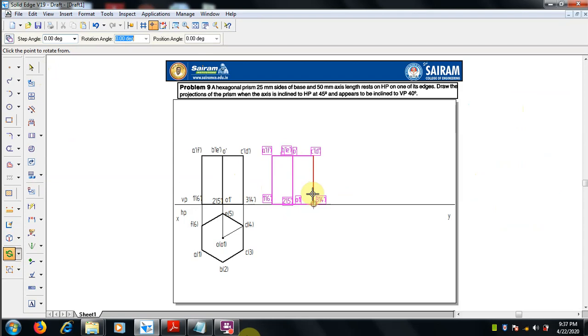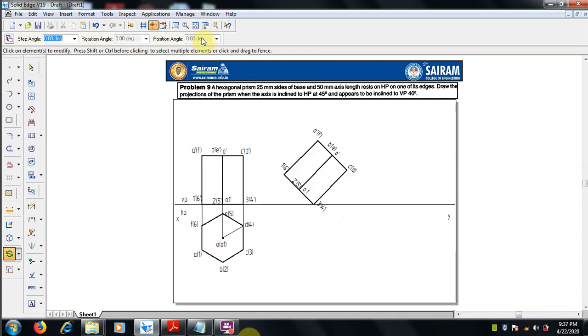We have to select this corner because this is the edge on which it is going to be tilted, but the axis inclination is given as 45 degree. So this 45 degree we can make with this, and we can check by extending this line, and we can check with the angle.